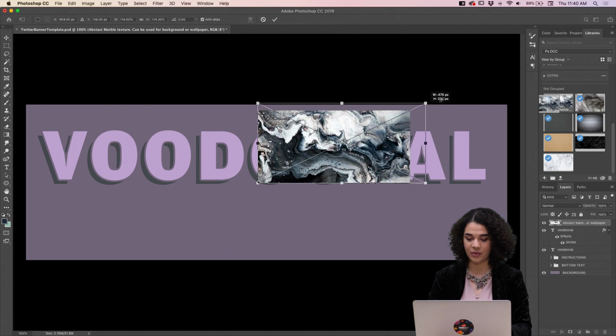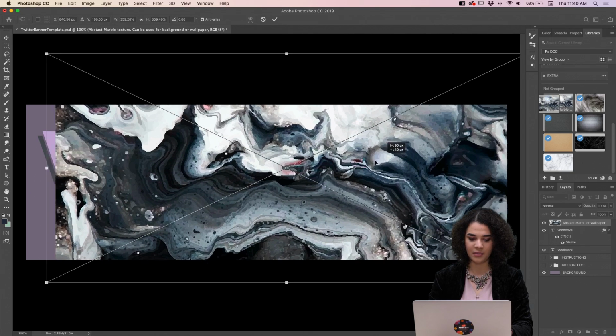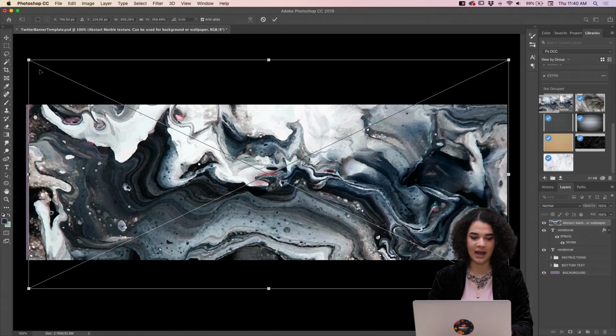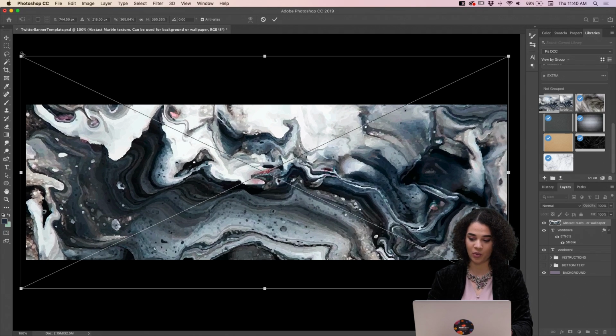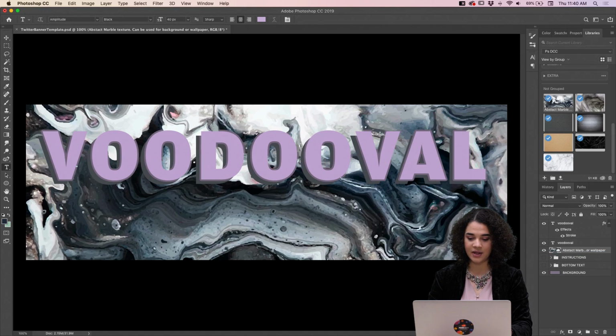I really wanted to experiment with this cool marble-y weird texture here, so I'm going to throw that in here. I like that it has a bit of a mottled look to it, and it has some of the purpley colors that we're going through. I'm going to drag this texture underneath our text here, and because this is underneath now, you can see the color of the stroke. But we're going to do something cool. I'm going to turn the opacity down on this